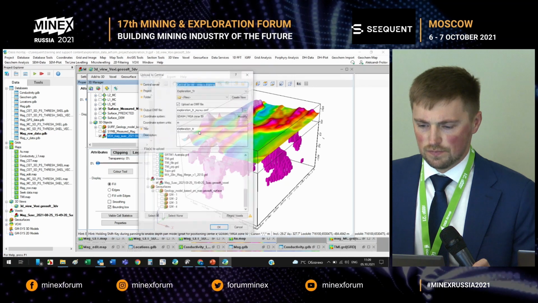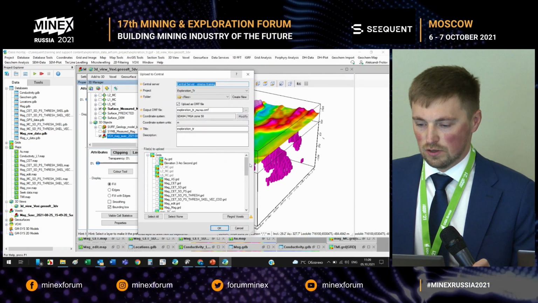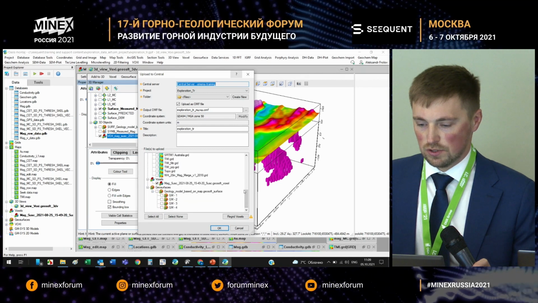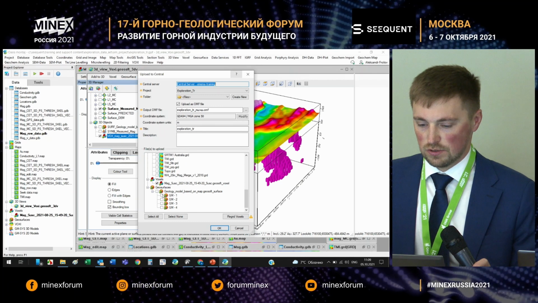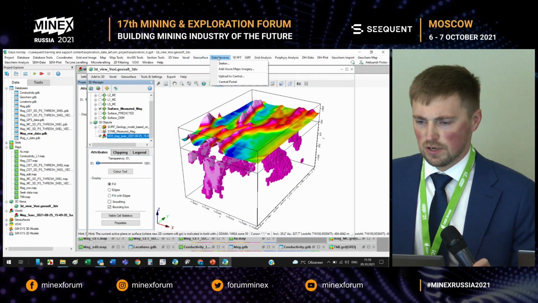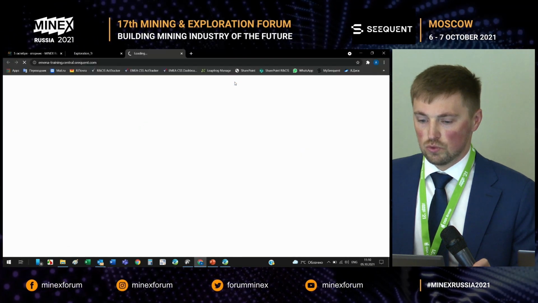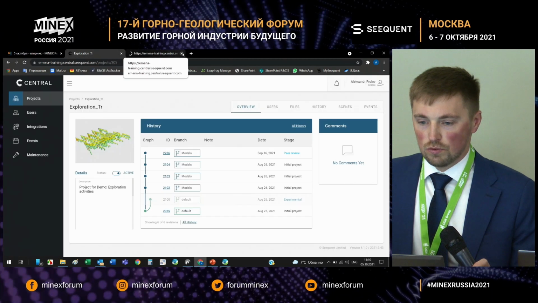And then Central again will be using grids and geological modeling and interpretation that can be seen as this lower part of the model. Central, I have mentioned it several times, and I would like to show you how it looks.